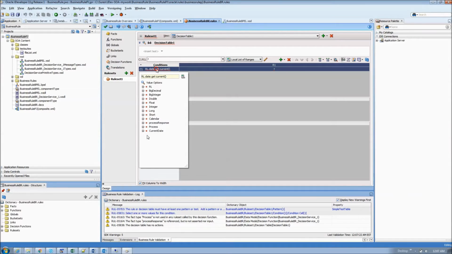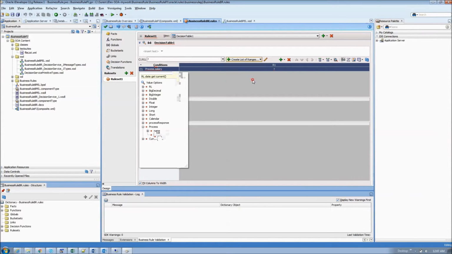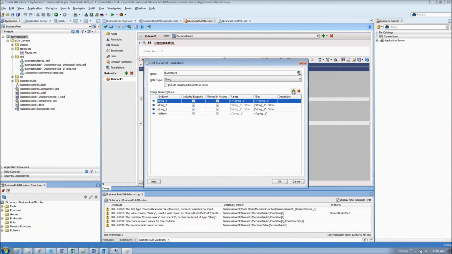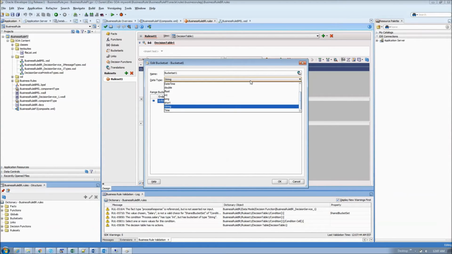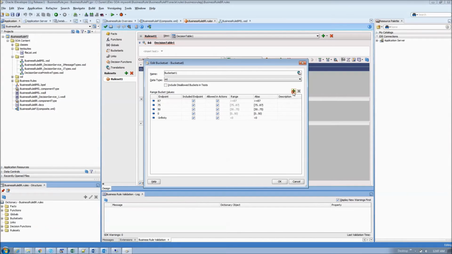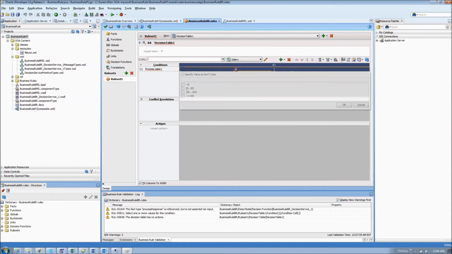So here, click your process and click the salary, and in the salary we are gonna create a value set. That way we can create some range. If the salary is between 0 and 50, we're gonna return the output as junior. If it is between 50 and 75, analyst, and 75 and 100, it's going to be senior. So these are the list of values we are going to define, so that we call it as